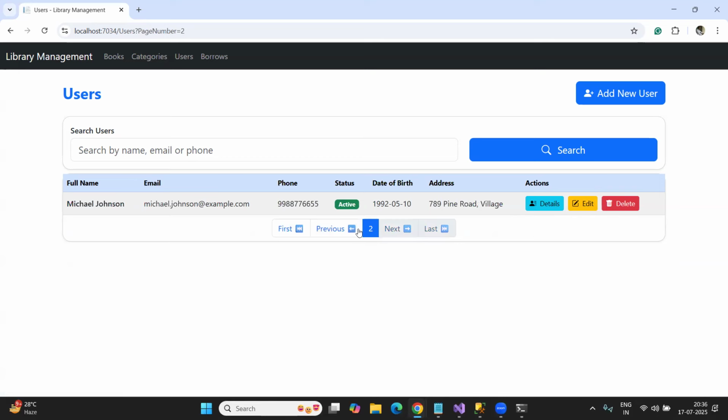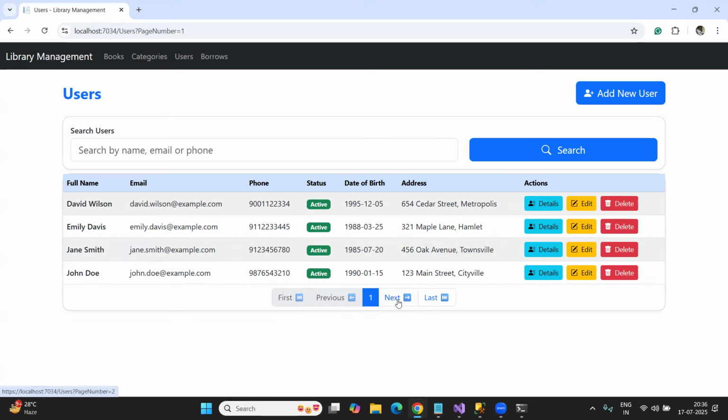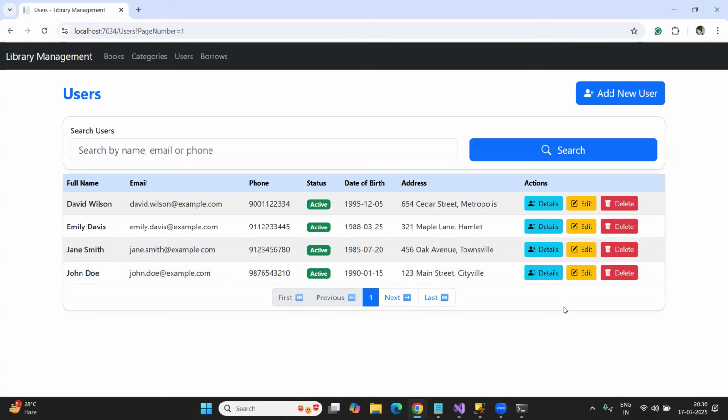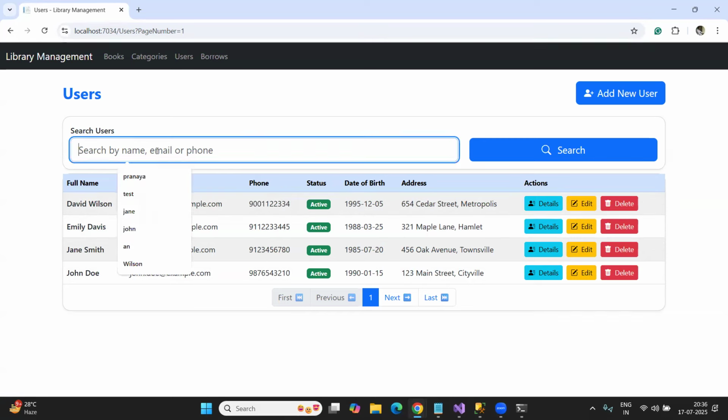You can search, first, previous, last, whatever search functionality I have given, you can check it here. That is also working. So everything is working as expected now. In this page, you can search the user by name, email, and phone number. Anything is fine. Suppose you want to provide the mobile number,